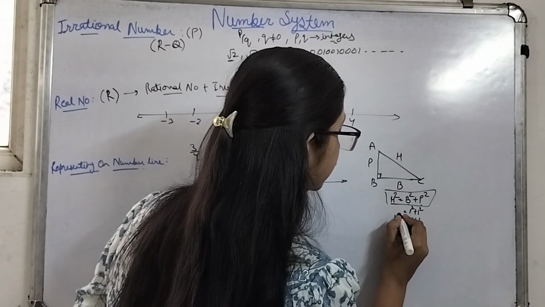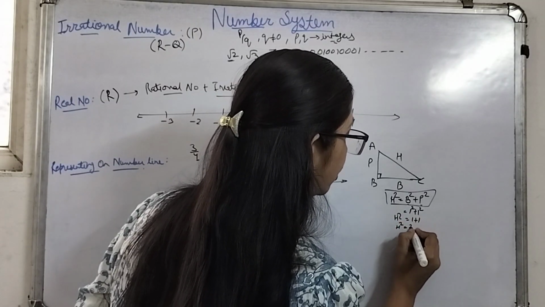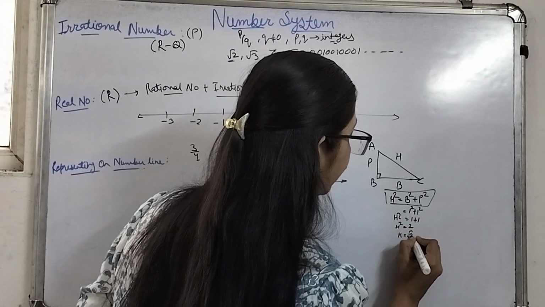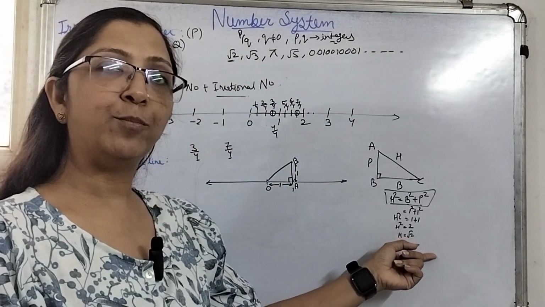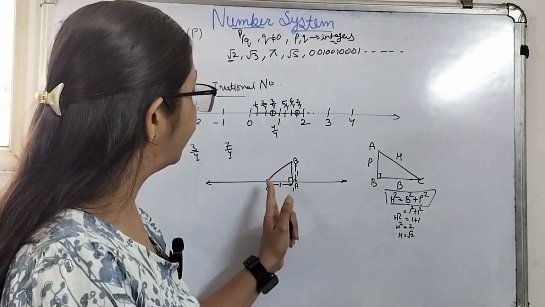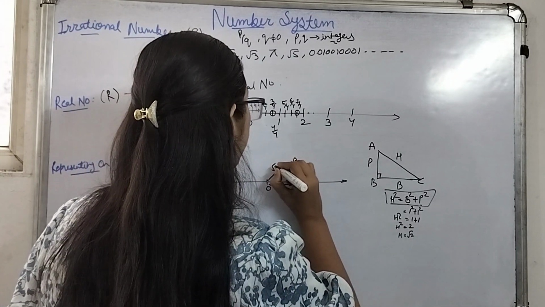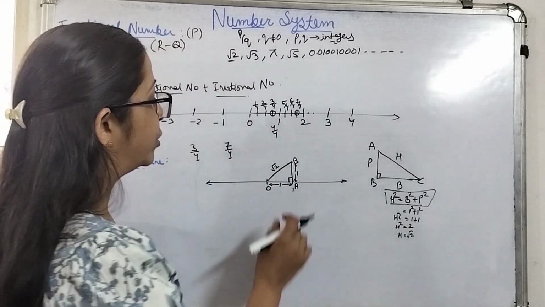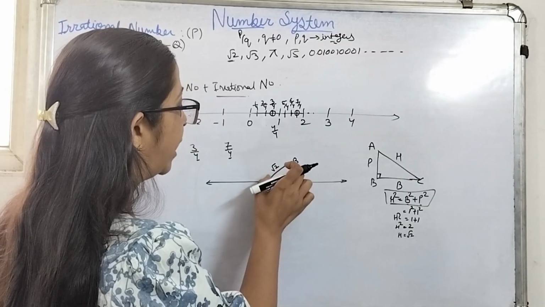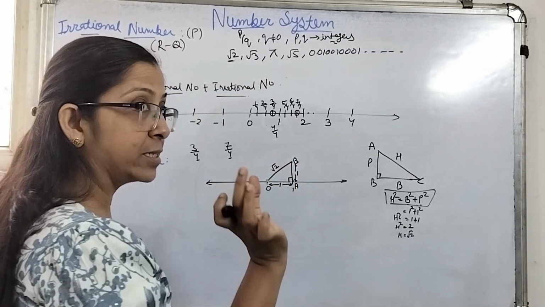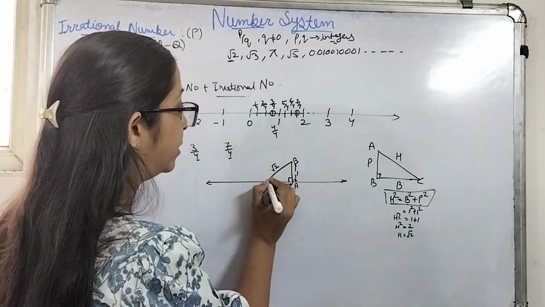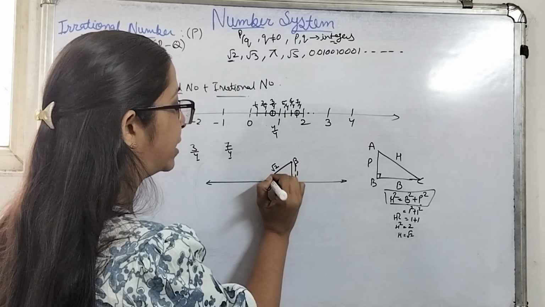That means hypotenuse square will be 2, or hypotenuse will be root of 2. Here we are considering only the positive value. So hypotenuse, that means OB, will be root of 2. Now if I take O as the center and OB as the radius,